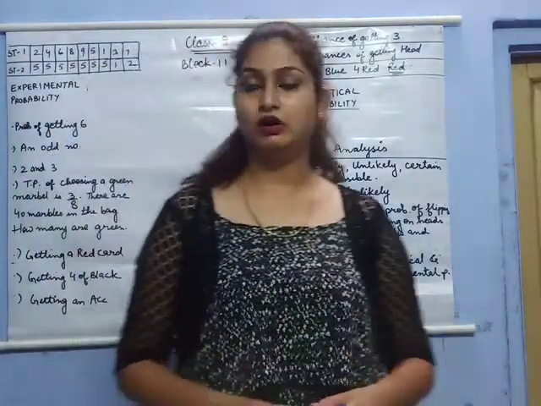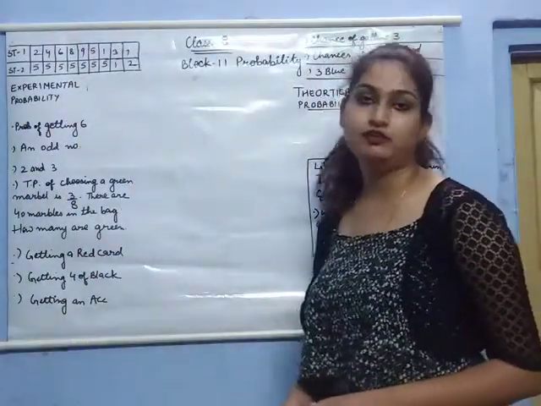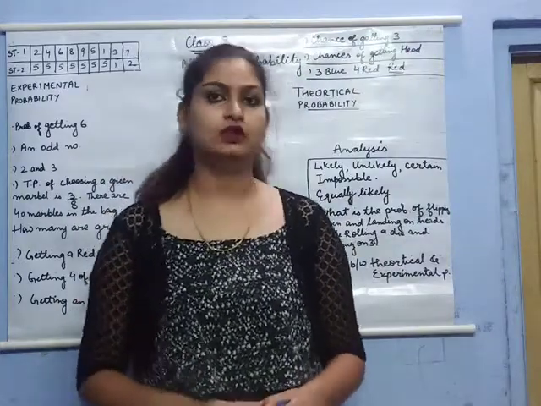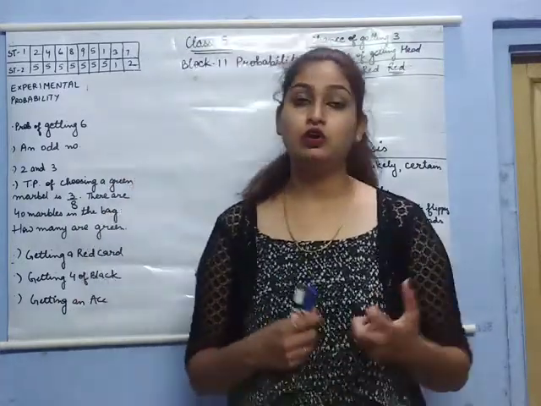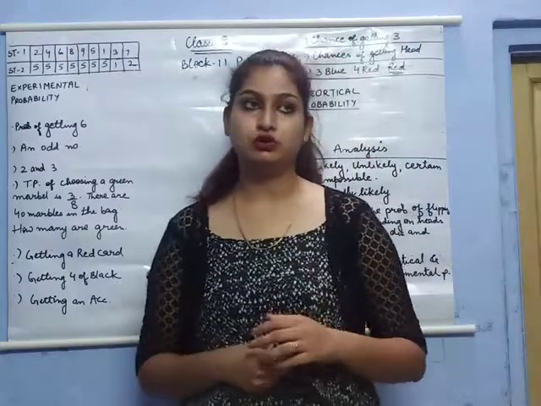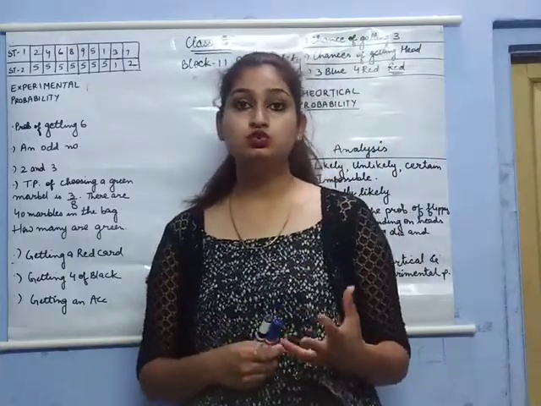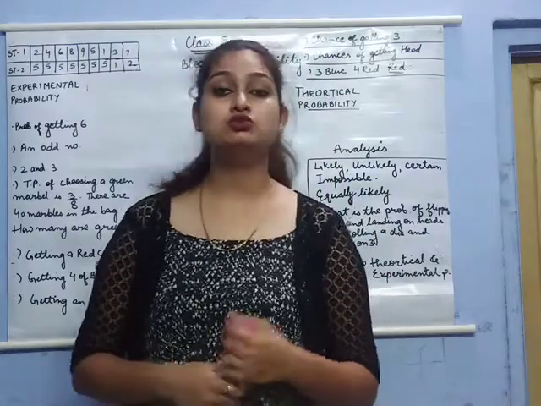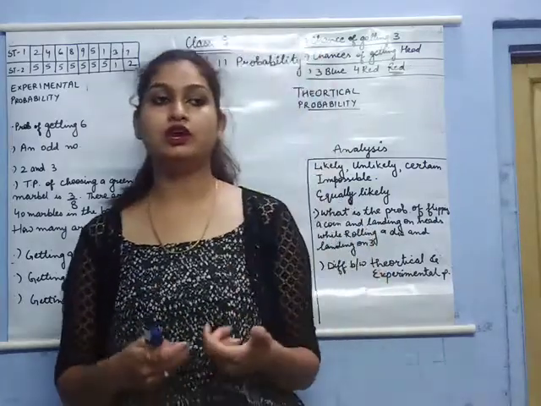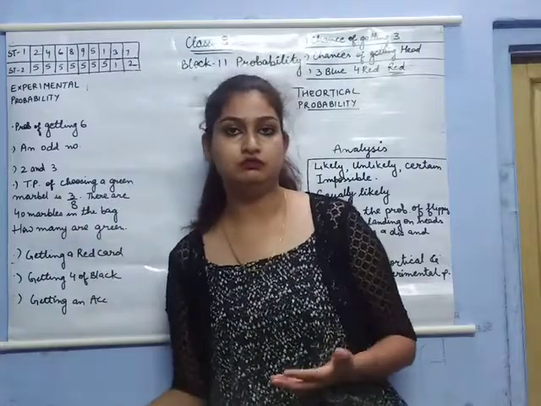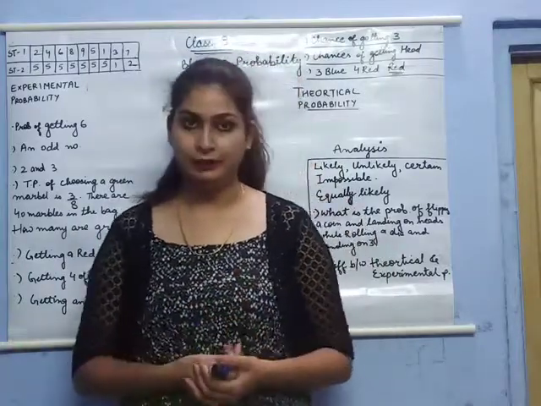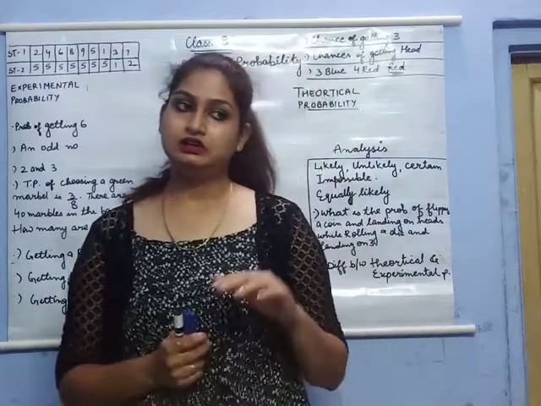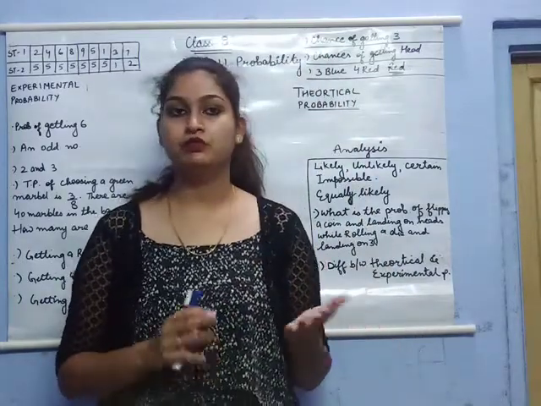Today we will learn about block 11 of class 8, that is probability. I just wanted to ask you one thing. Have you ever seen how two sports teams or two cricket teams choose who will bat first? Yes, of course. They choose with the help of a coin. They toss a coin and those who win will choose batting or bowling accordingly. Right. Is there any possibility that neither head nor tail will come?